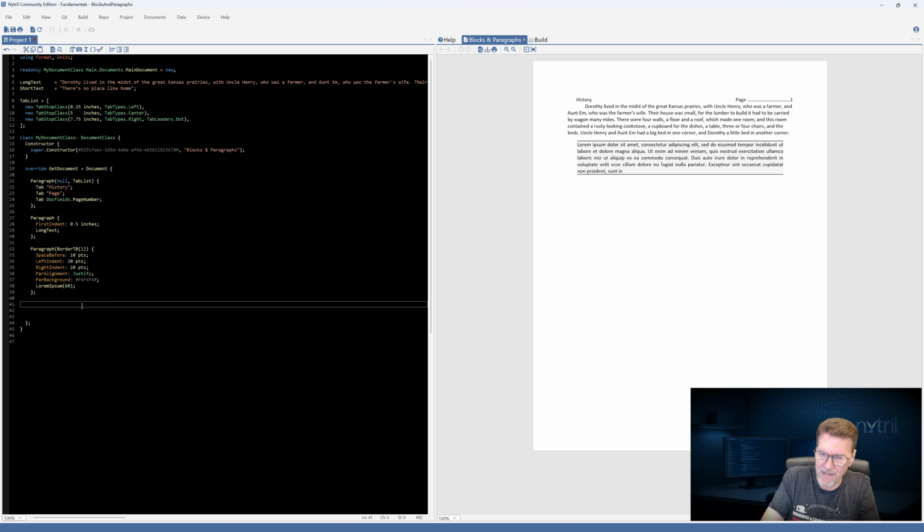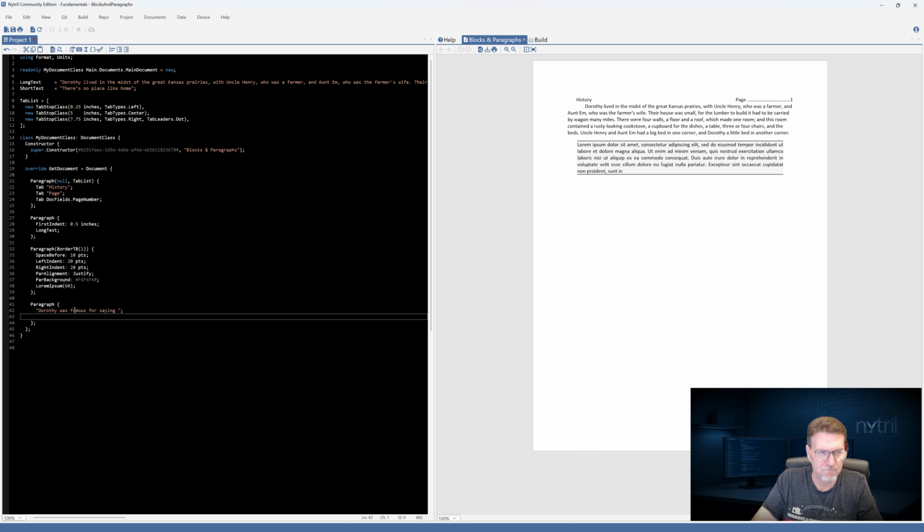So let's go ahead and add yet another paragraph here. So we're going to say Dorothy was famous for saying, and then here's her quote here. It's short text. So let's add that in here. And right now, if we just run that, it's going to drop in right here. And we're going to need a space before on this one too. We're going to talk about that in a moment, but for now, we're going to put it right in there. That's going to drop it down.